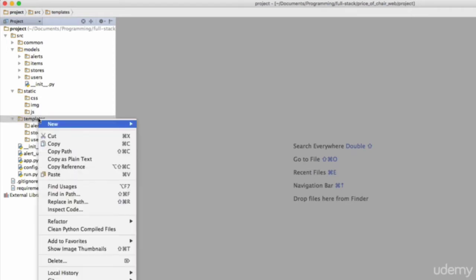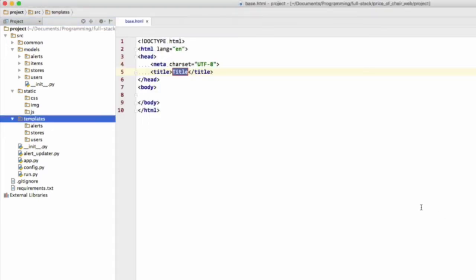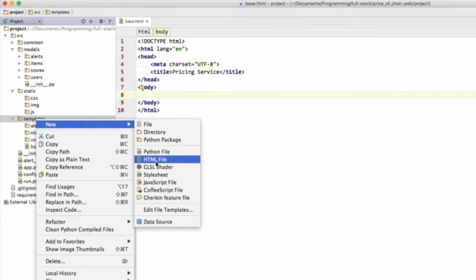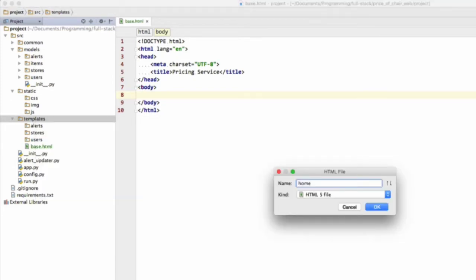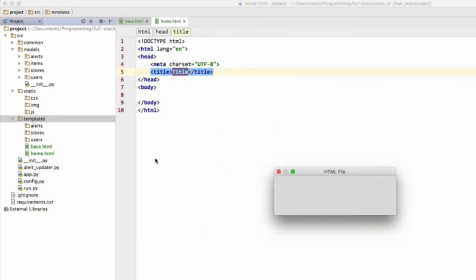Okay, so the templates we're going to need are a few. The first one is base.html, and here we've got it. It's going to have a title, which can be pricing service or whatever you want to call your HTML files. We're going to have another file called home. And notice how this add to Git keeps appearing, but you don't have to worry about that at all. And we're going to have one called